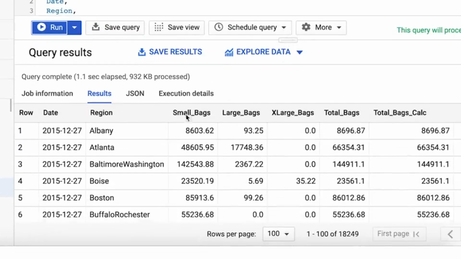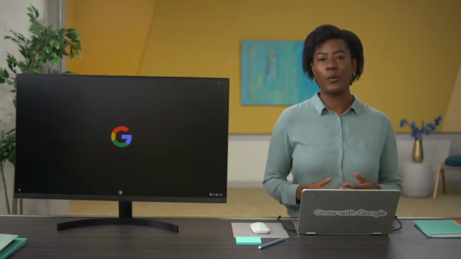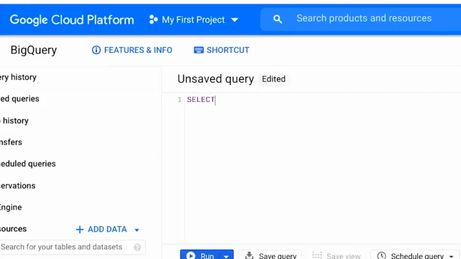We compared our 2 columns briefly in that video, but to be absolutely sure that there's no issues with the data values in those columns, we could have also run another query. In this query, we would select all using the asterisk and from the avocado prices dataset. In our where clause, we'd also type out where our calculated total does not equal the total bags column. If no values are returned, we can be sure that the values in the total bags column are accurate. And that led us to continue our analysis.